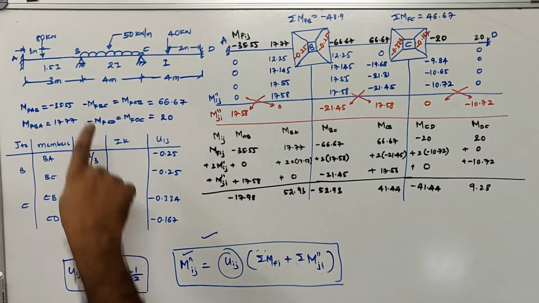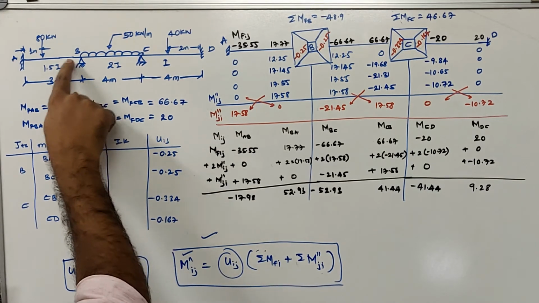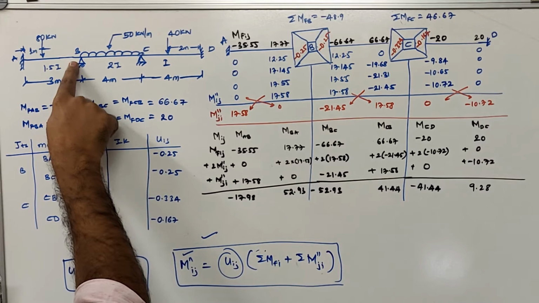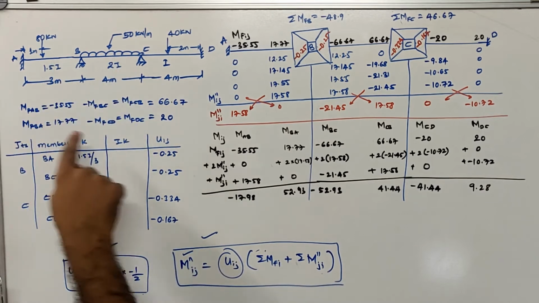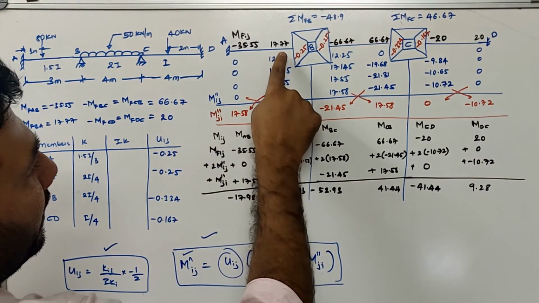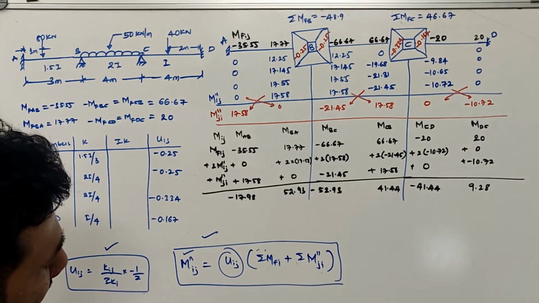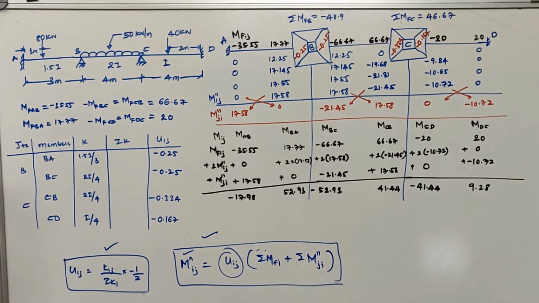Okay, the next thing is when we start with the first iteration, now we know that the rotation moment at A is equal to 0, the rotation moment at B we need to calculate. So at B we will have two moments, one is BA, the other one is BC. Okay, so we need to solve the rotation moment M"BA, and we need to solve for M"BC. These are the two values to be solved now.